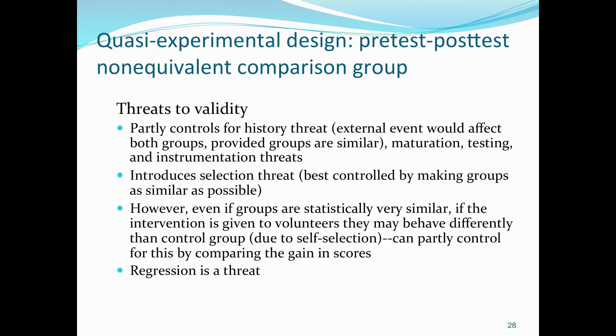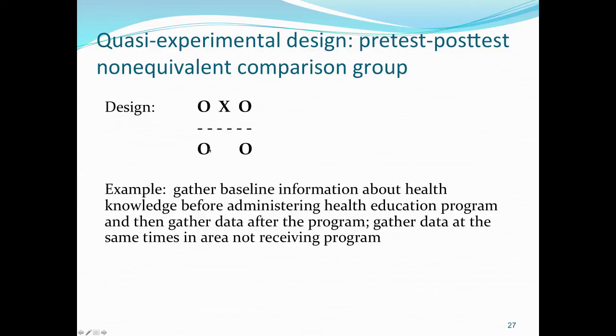So what are the threats to validity in a pretest post-test comparison group design? Well, if you think about it, this design does partly control for history threat. So if the groups are similar and subject to similar external forces, then the change in this comparison group would reflect the work of other threats or other rival hypotheses besides our program. Since they didn't get the program, any change from this O to this O would be picking up the history threat, also the maturation threat potentially,